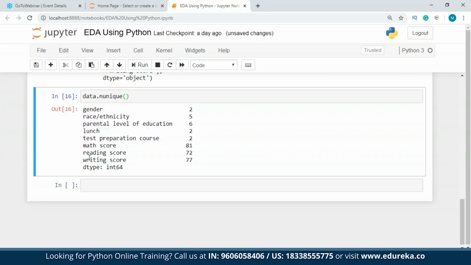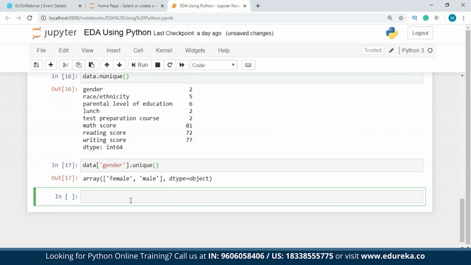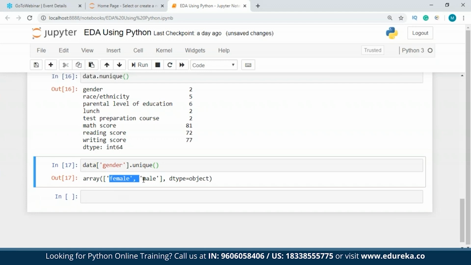For math score, reading score, and writing score, we have quite a few unique values. Out of 0 to 100, we have scores of 77 unique values. For writing score, for reading score, we have all those things. And if you want to check separately for any column, you can just write, let's say, gender, and just write unique, and it will show us the unique values inside that column, guys,